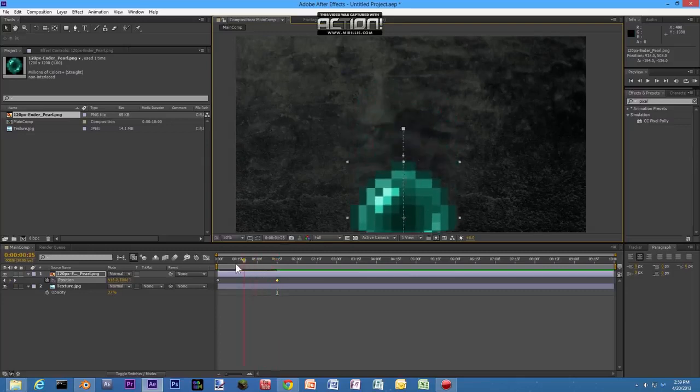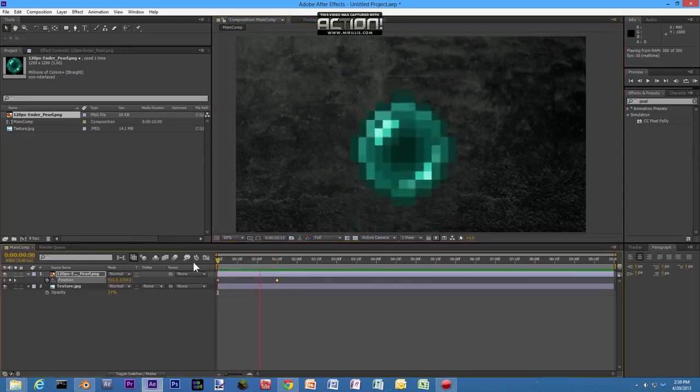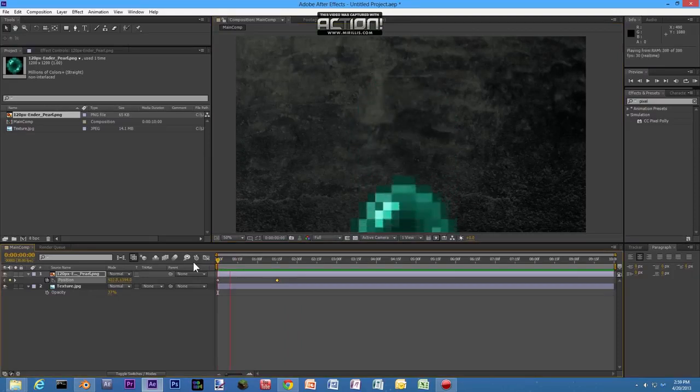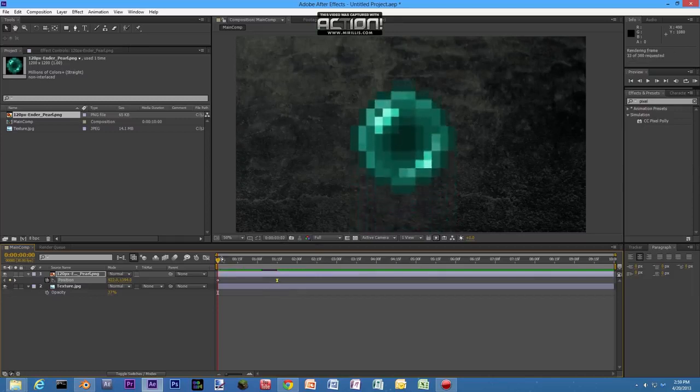If we play that back, it's gonna pop up. So I'm just gonna hit 0 on my numpad here, and as you can see, it pops up. Now it's a little bit direct, like it gets there and it stops right away. So what we're gonna do is select that ending keyframe and hit F9. As you see the keyframe change there, that's going to make it ease in, so it kind of slows down as it reaches its ending point there,